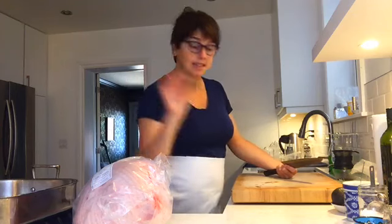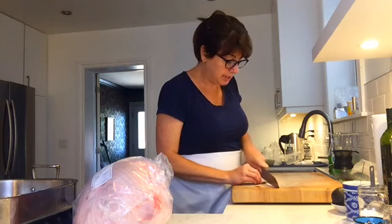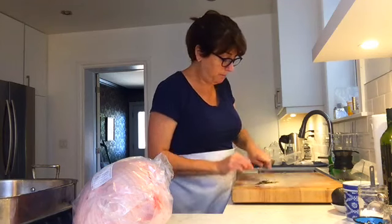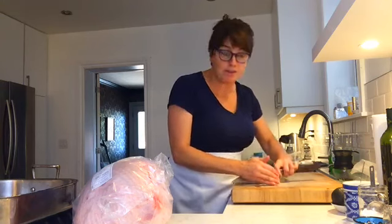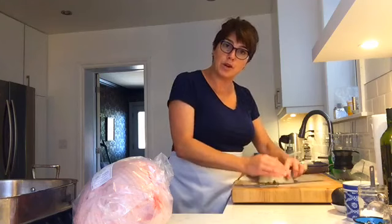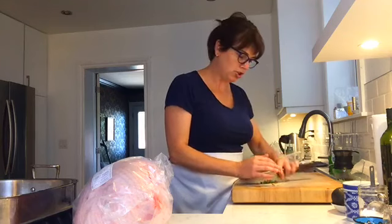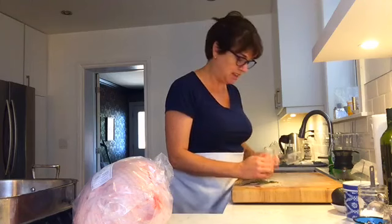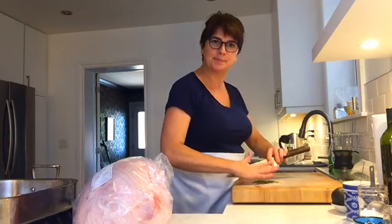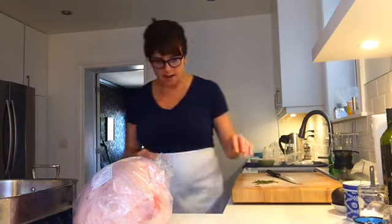Okay, so I'm going to fancy up my dry brine this year with a little bit of this sage. And this is fresh sage. Not only does it come back every year, it's perennial, it's in my garden, but it also seems to spread, and it seems to thrive when I neither water it, nor weed it, nor take care of it, nor pay it any attention. It's like the 3rd or 4th child in the family. You know, it gets no attention, no love, and then goes on to be president of the Glee Club, or something like that. So that is a little bit of sage, all minced up, and then I'm going to get